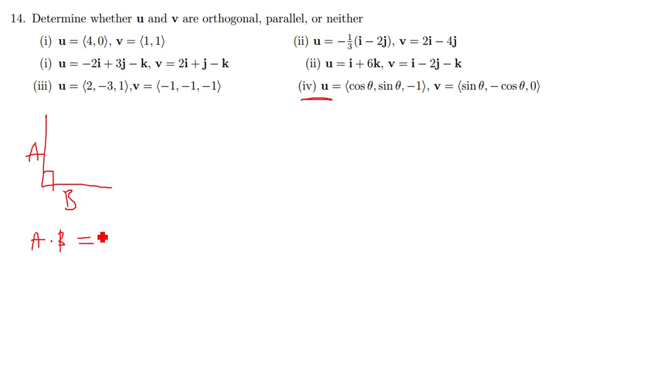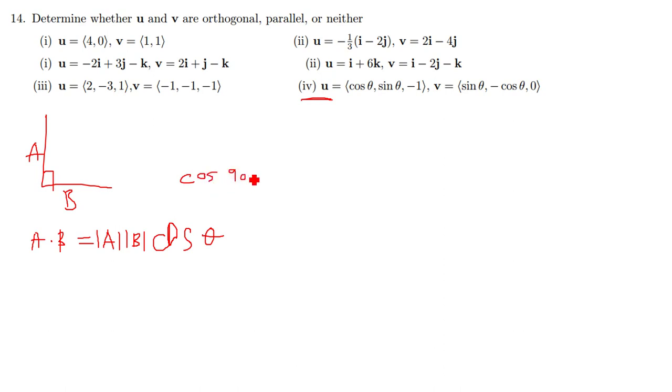We said A dot B can also be written as the magnitude of A times the magnitude of B times cos theta. So now imagine that the angle here is 90. When you put 90 here, we all know that cos 90